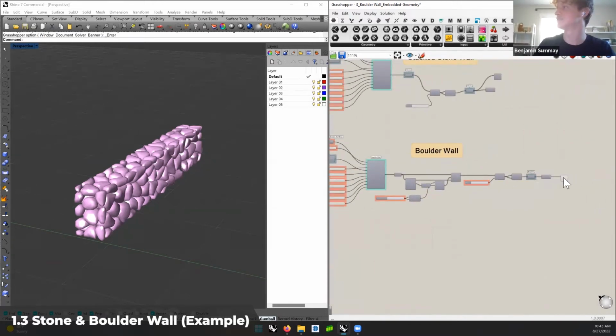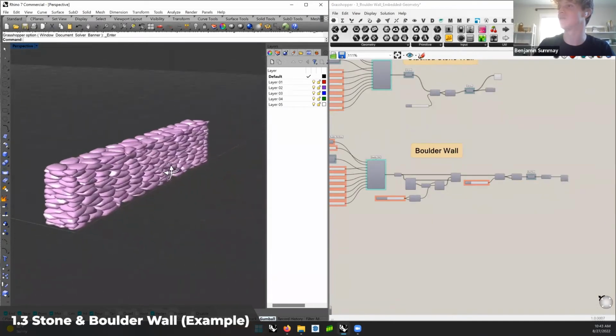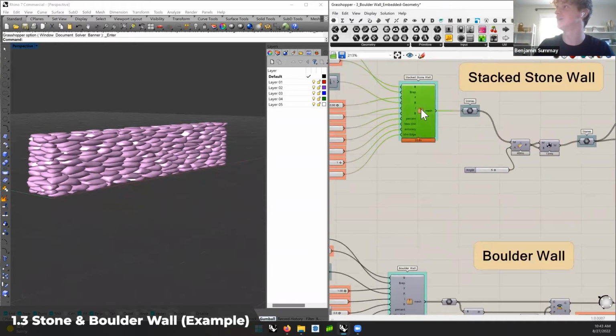We have this boulder wall version, and then Chris made the stacked stone wall version, which is very similar. I think it's structurally built the same as the boulder wall, but then smushed together to create the flatter stacked stone effect. And if we jump into this,